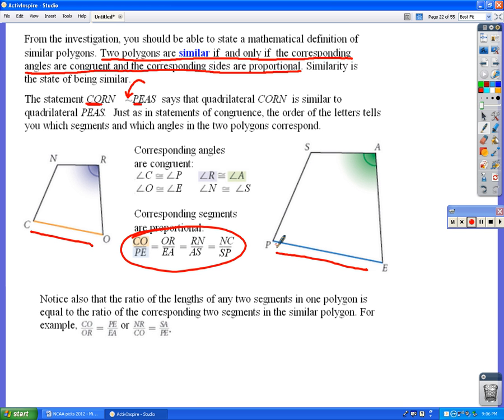Okay? And then we can also do that same thing comparing sides within the shapes themselves. So instead of going crisscross here and dividing the sides of one shape by the sides of the other shape, I could also take these sides right here and go CO divided by OR. And as long as I divide by the corresponding sides of these two shapes here, like PE and EA, I will also get the same answer. So I can go from a side of one shape to a side of the other shape, or I can go this side divided by that side in the same shape would equal this side divided by that side in the same shape as